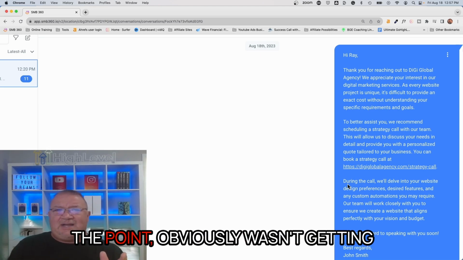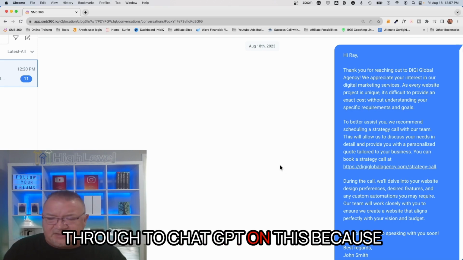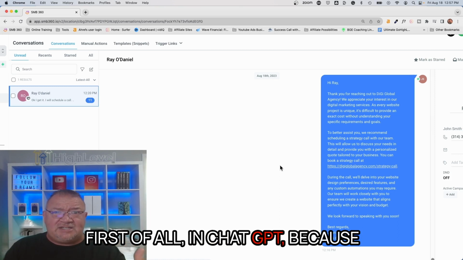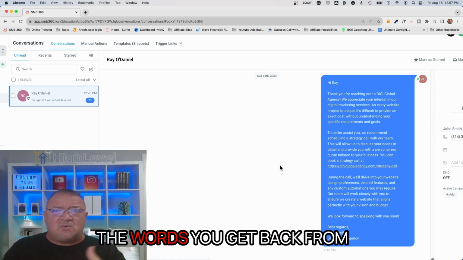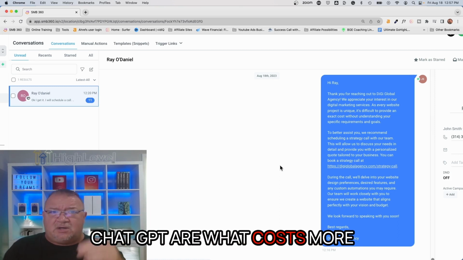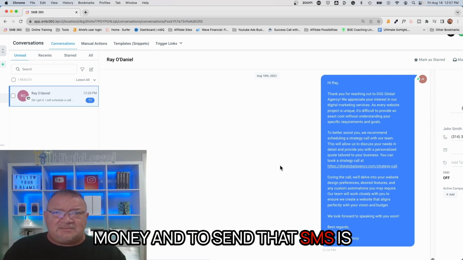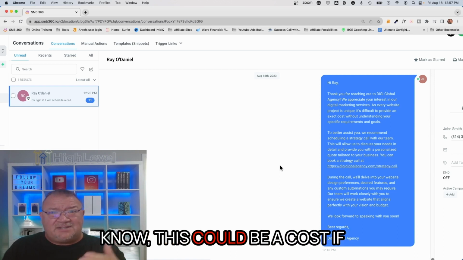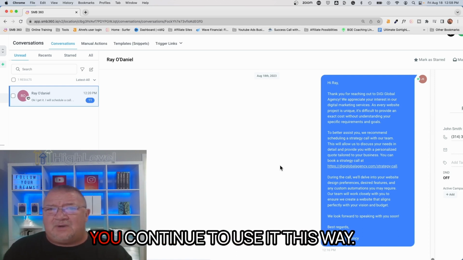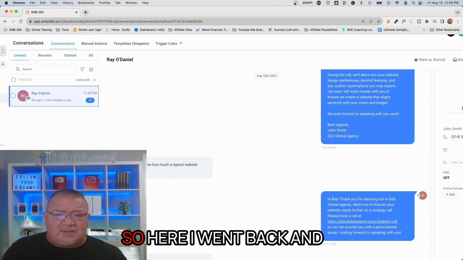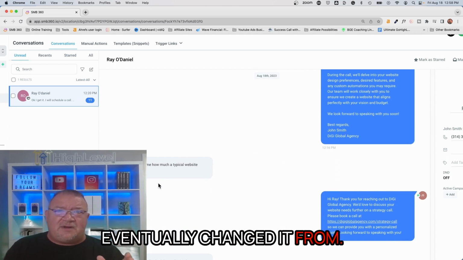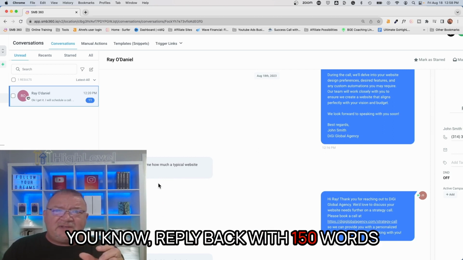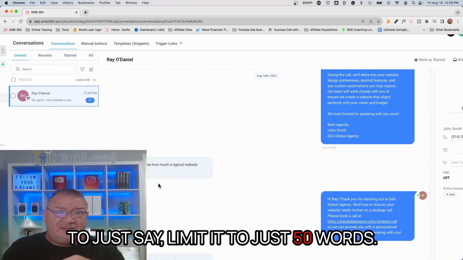Well, short and to the point obviously wasn't getting through to ChatGPT, because we're chewing up a lot of money. First of all, in ChatGPT, the words you get back are what cost more money, and sending that SMS is going to cost you more money. So can you see from your client's perspective, this could be a cost if you continue to use it this way. So here I went back and changed it from 150 words,